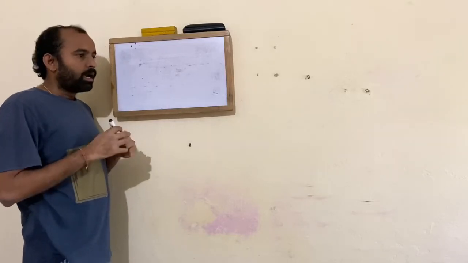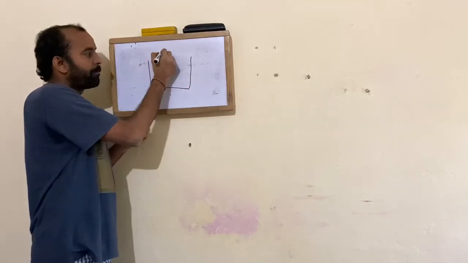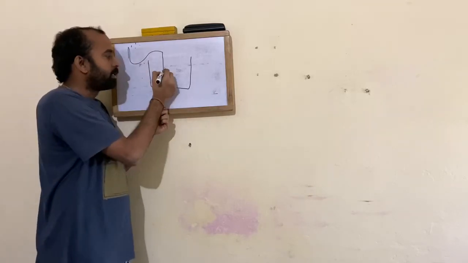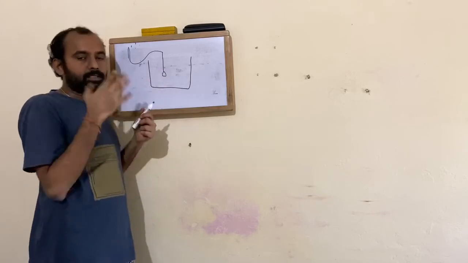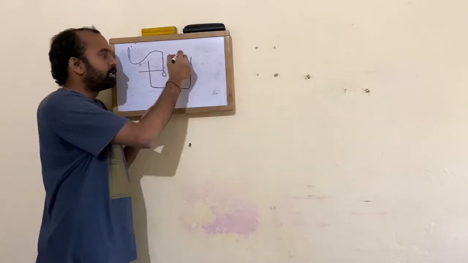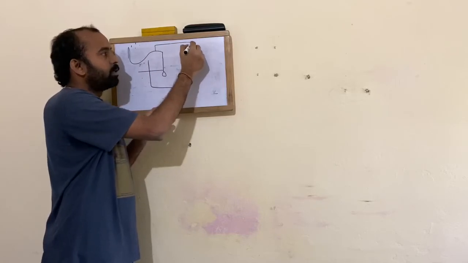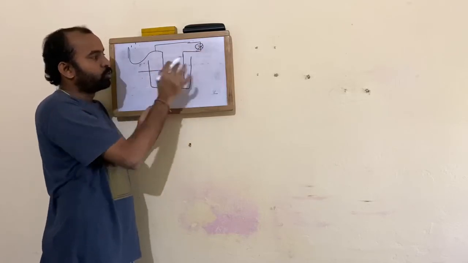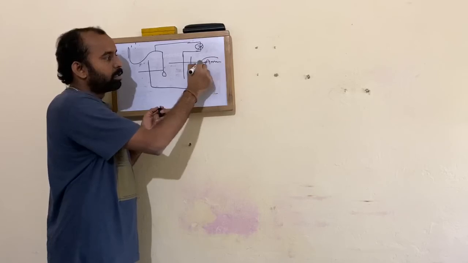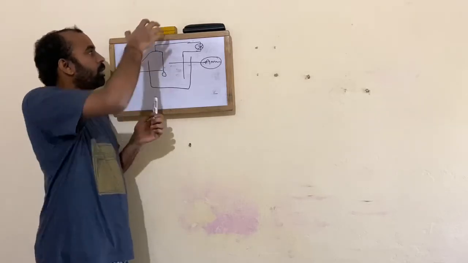And one more thing is the equipment used here. It has a capillary dropping mercury electrode. The reservoir is adjusted in such a way that the drop of mercury is uniform in size and the drop time is also fixed. You have a reference electrode, that is calomel. Once a negative voltage is applied between these two, the change in current is read by your ammeter or galvanometer.